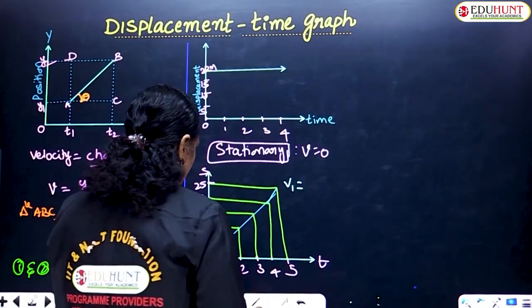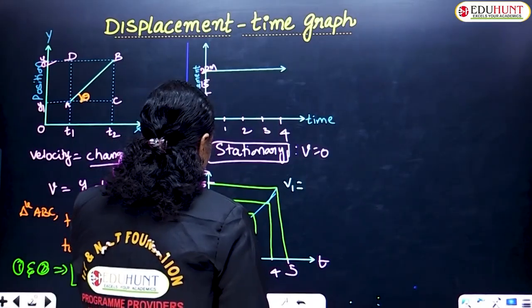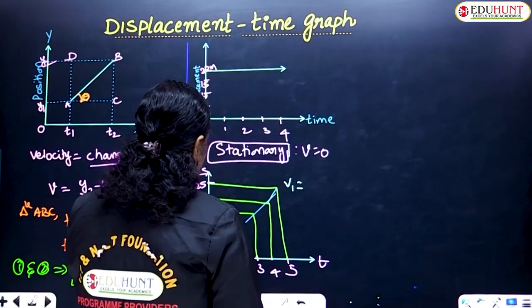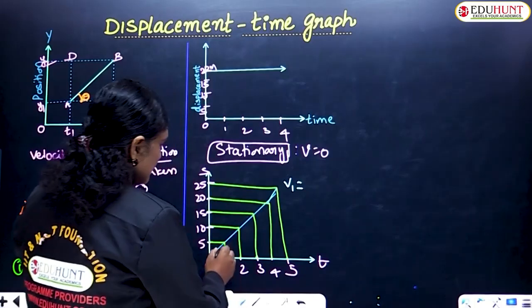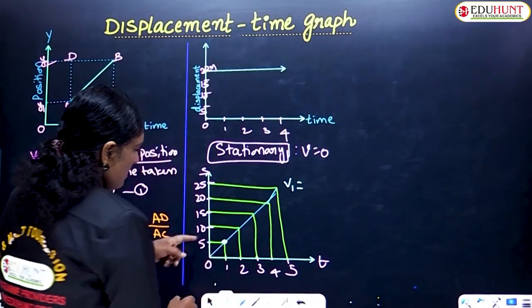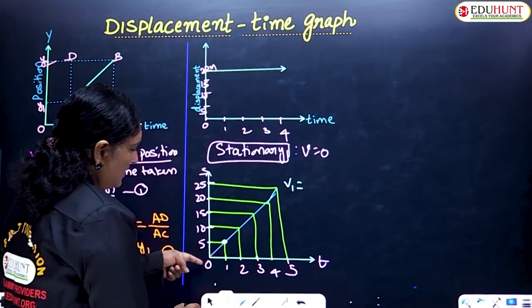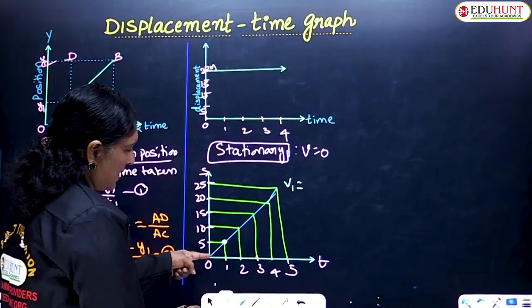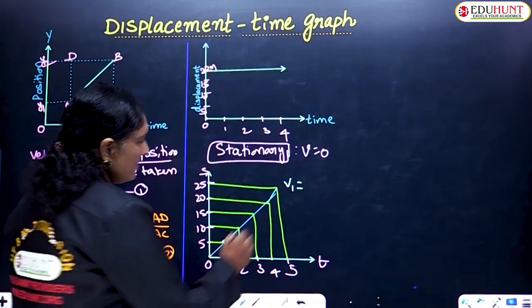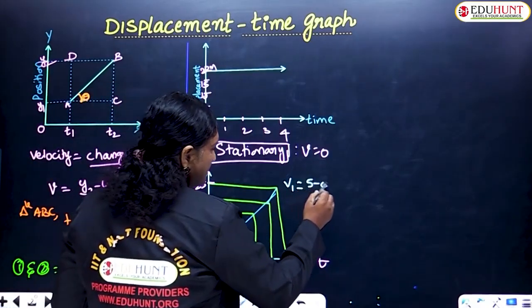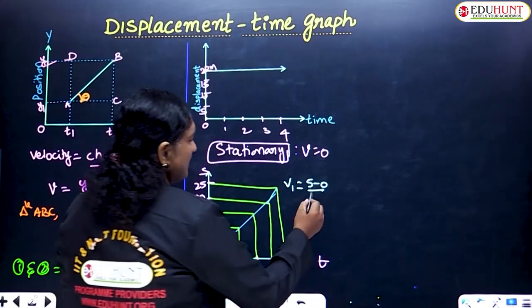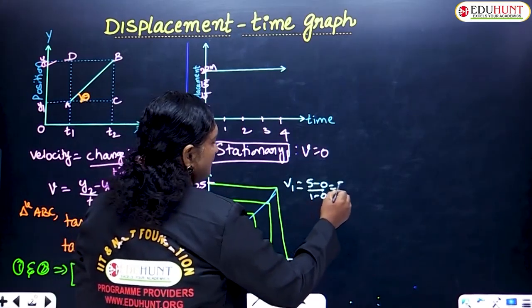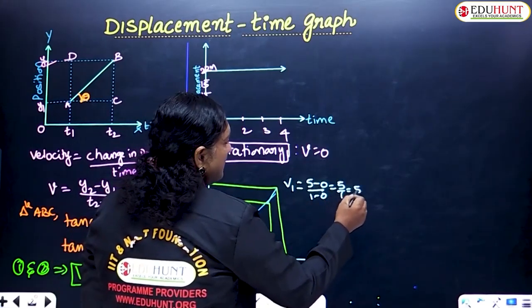Velocity is nothing but change in displacement by time taken. Initially it was at 0, and here it is at 5. So 5 minus 0 upon the time interval 1 minus 0, that is 5 by 1, which is 5